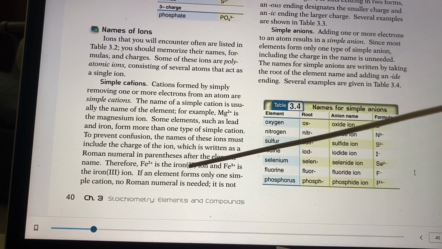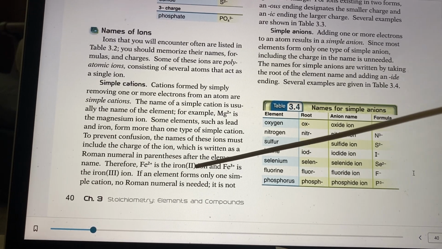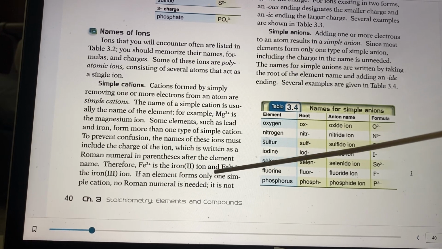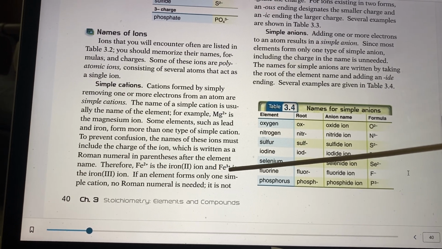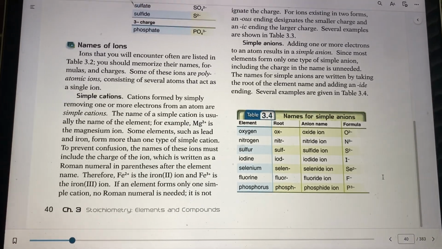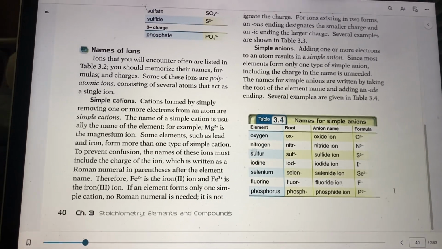That 2 means it has +2. It doesn't mean how many ions or how many atoms are in it. It just means it has a 2 charge. And then here's iron 3, and it has a Roman numeral 3. That's how they do that. Let's look up here at your, see if I can,